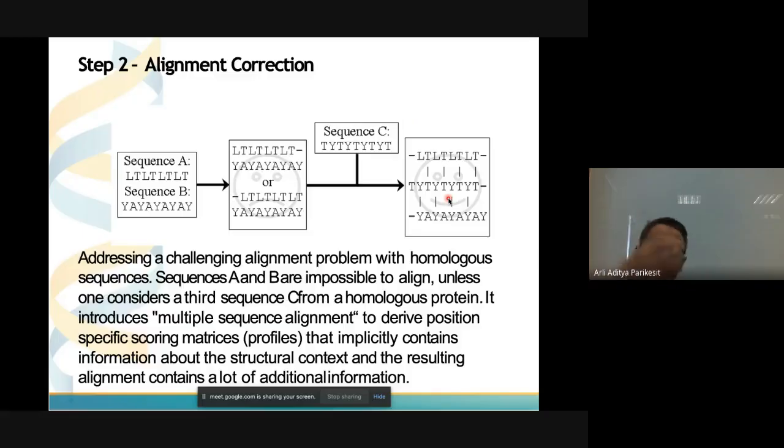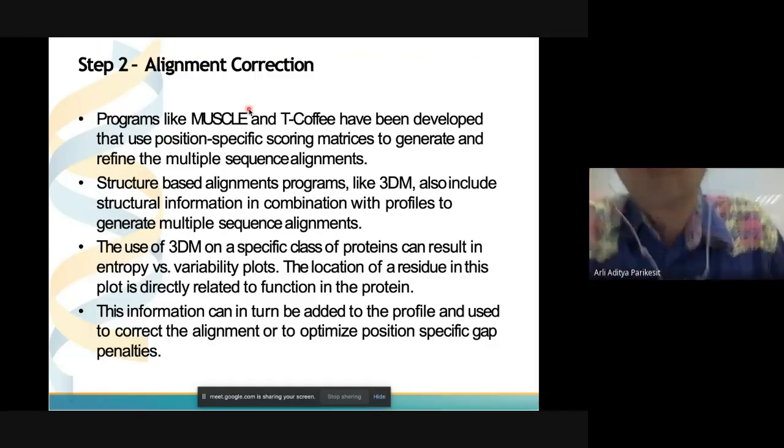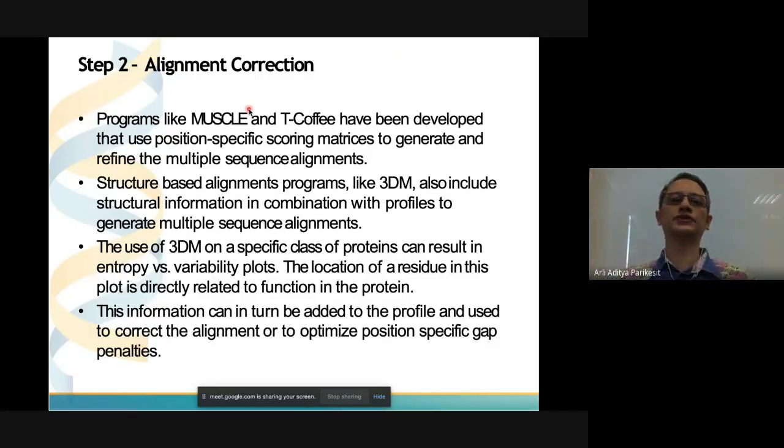The basis is still dynamic programming. It's the same, but you add some error correcting features. Some programs that you can use are Muscle and T-Coffee. For instance, we actually used the Muscle program for one of our research projects about silencing RNA design for COVID-19 therapy.